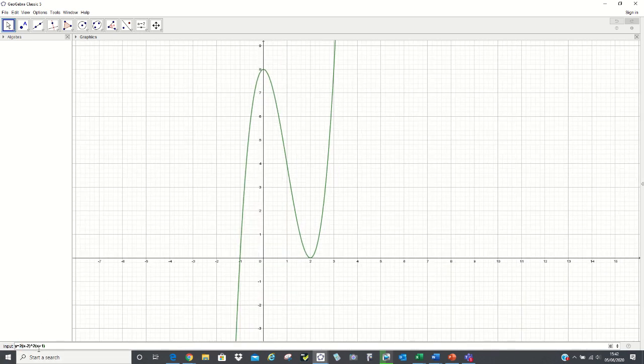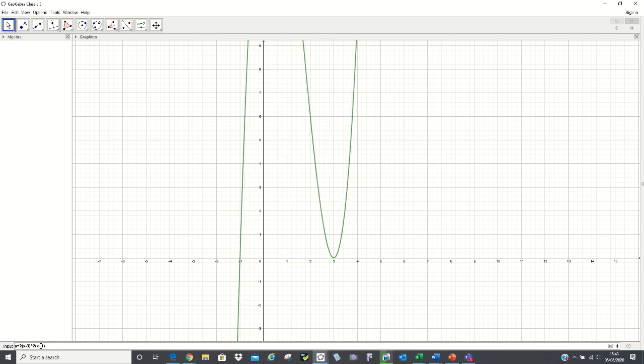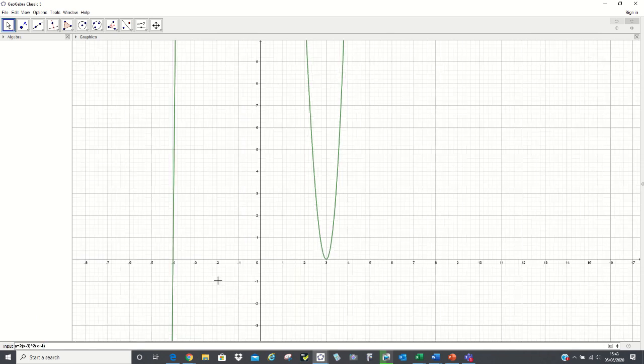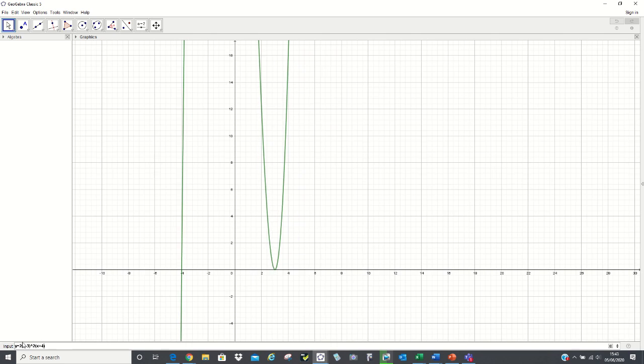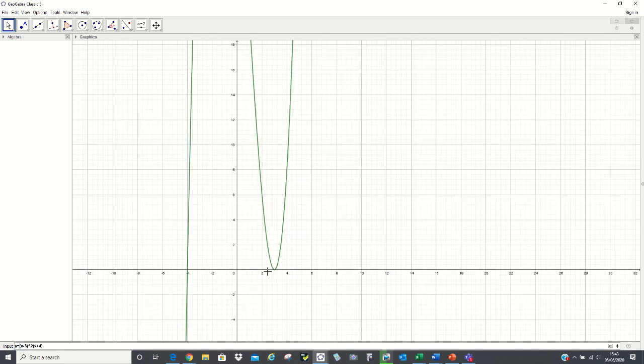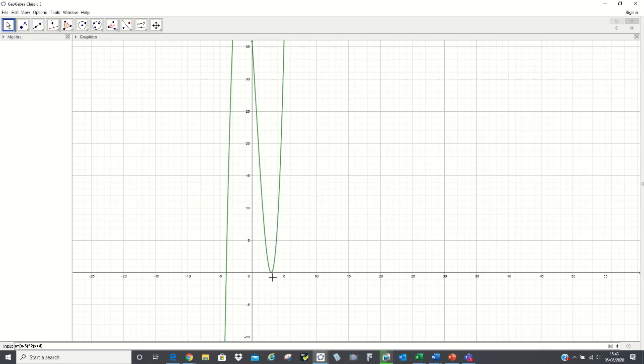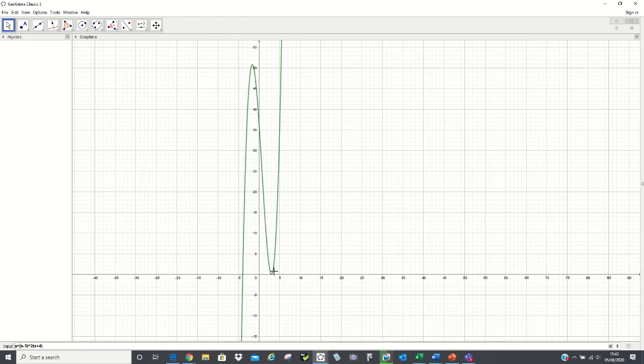Okay, and we'll have, let's make that a 3. And let's make this a minus, let's have that as a plus 4. There you go. Still very stretchy, so I don't want that 2 in there. Still really stretchy, but hey, we'll live with that. There's my cubic, and when I press enter, it will come up, and we'll see that it's labelled it as